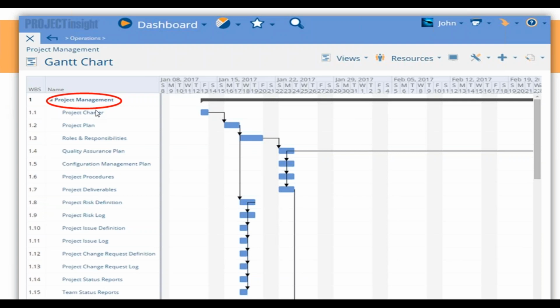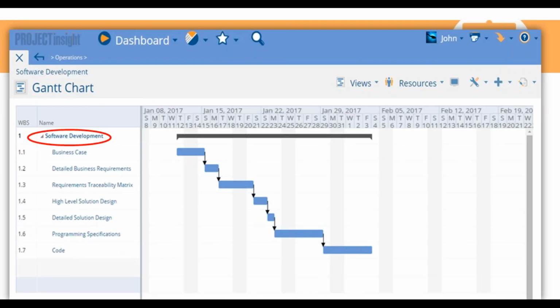And as we see here, we have the project management lifecycle. And within the project management lifecycle, we have the specific deliverables that are used, or can be used, to deliver project management for a given project. I'm not going to get caught up in the time frames or the timelines, but this is how it can look rather than the previous diagram. This would be the software development lifecycle using the Project Insight tool.